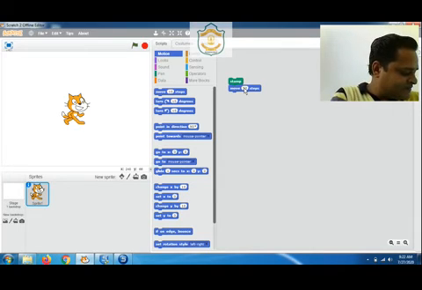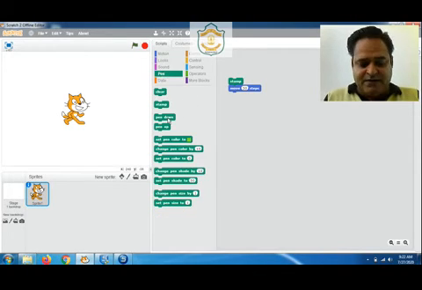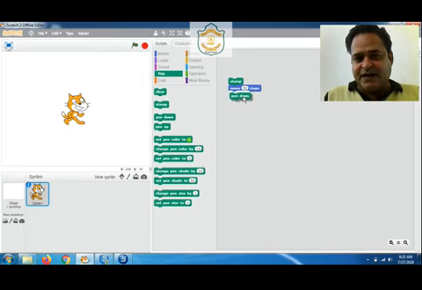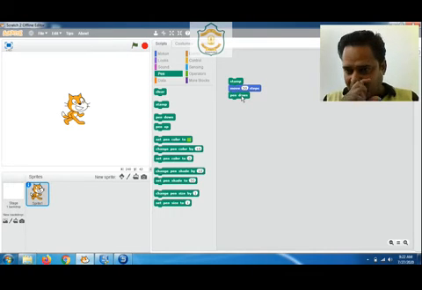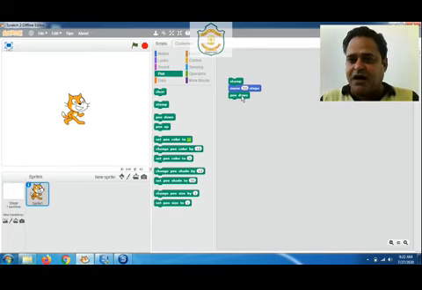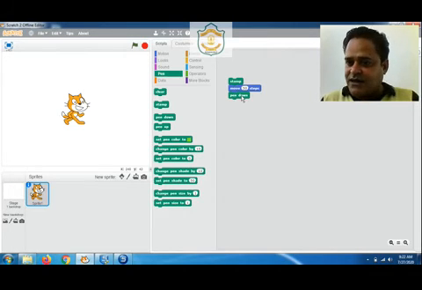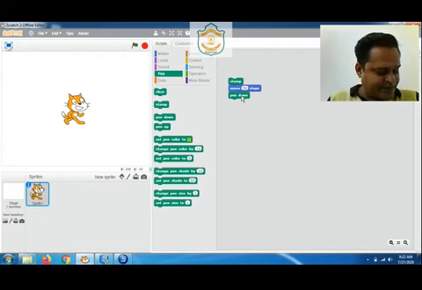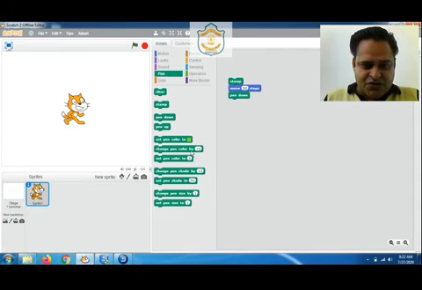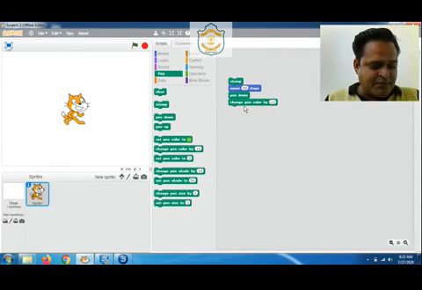The third one is pen down. It activates the pen. Pen means drawing a line. Our animated character sprite will draw a line on its path. Wherever it is moving, it will make a line. Then change the pen color by 20.